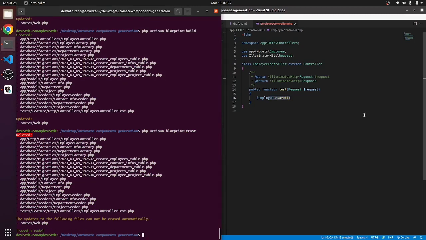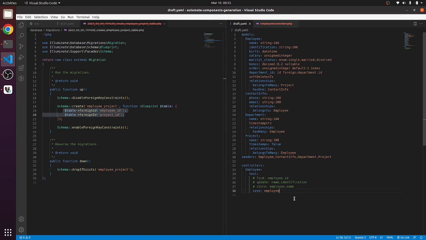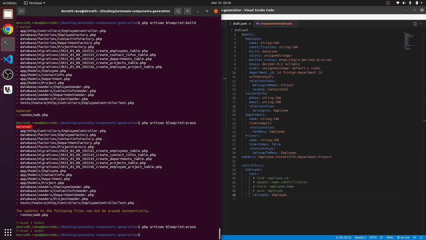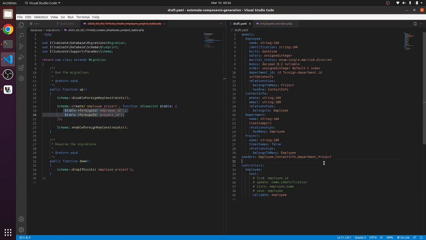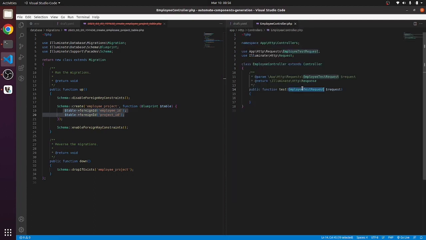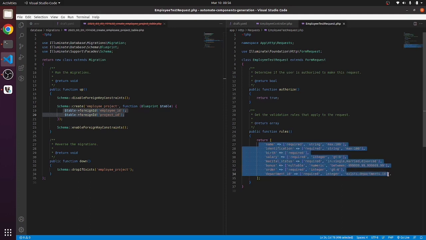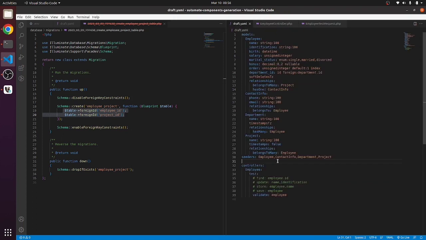And then you can write validate employee. This will create a request file. See, it will create a request file, and you can go to this request file and see all the validation mentioned in it by default. Then you can render employee dot